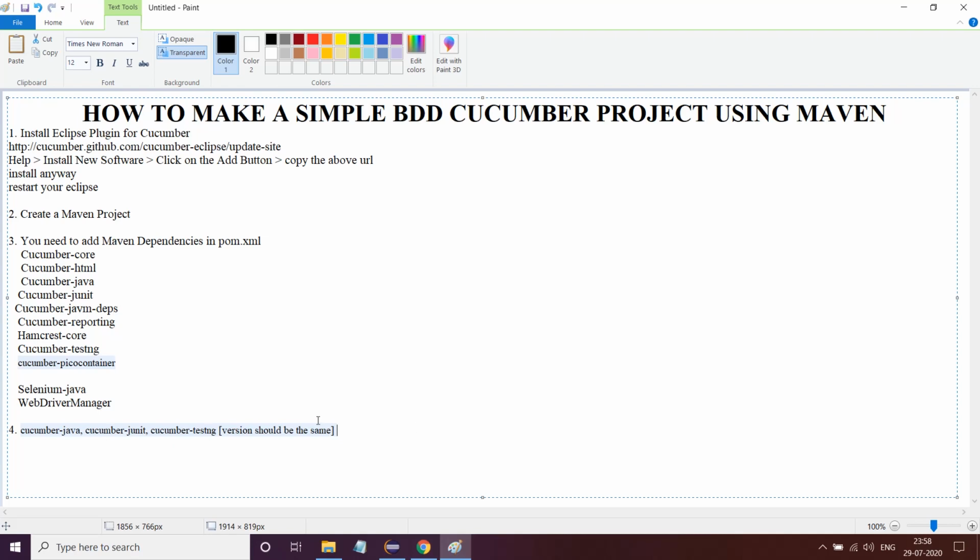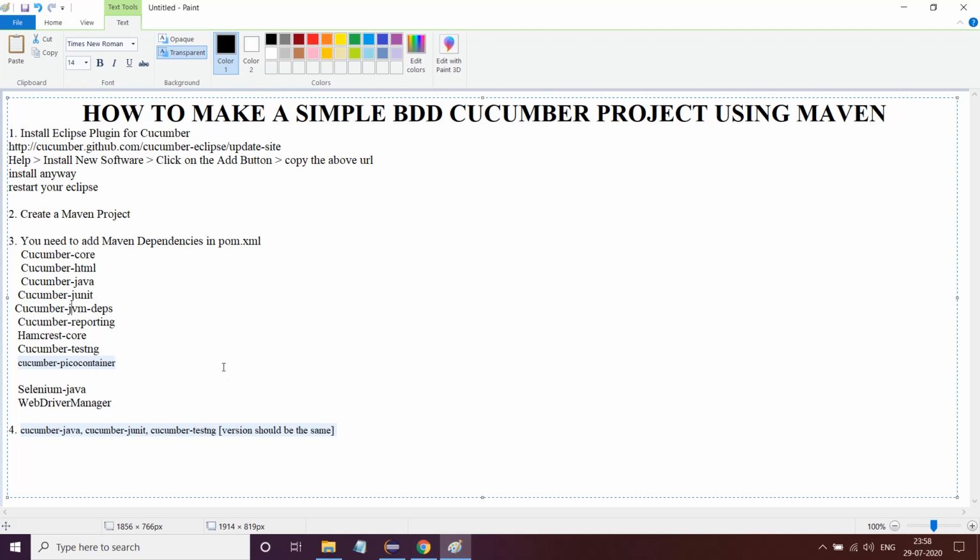Whenever I have kept the version same, it has always worked. Okay, so this is a trick which no one will tell you. I'm telling you, keep the version same. Don't just blindly copy Maven dependencies from Google and then get stuck. Okay, this is JVM, this is not JabM. Sorry for that.